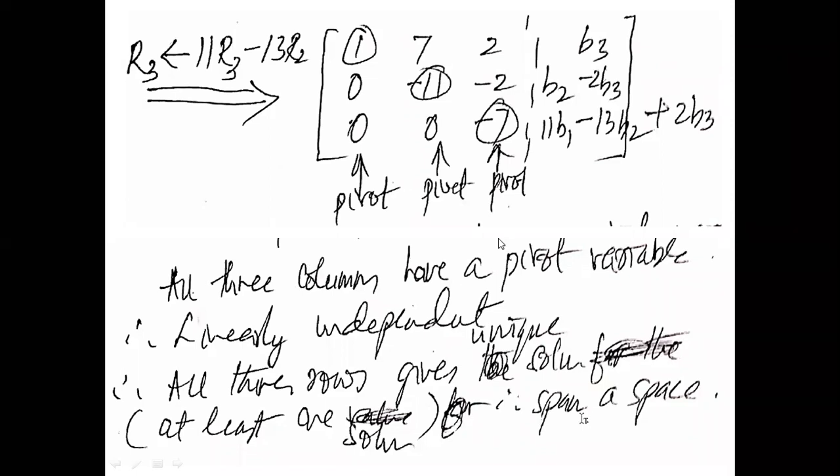Therefore, from the notes which I have shared, they are directly linearly independent. And all these three rows will give unique solutions. And they also span three dimensions. What is asked in the question is whether they are spanning R cube. So since there are three equations giving you three values, they are spanning R cube or three dimensions. Therefore, they are linearly independent.